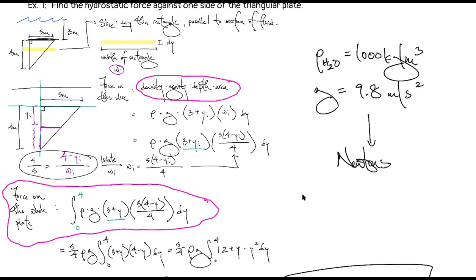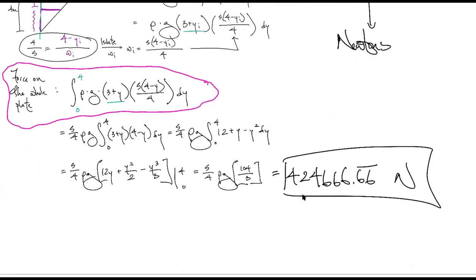Okay, so thinking about where this formula comes from, why is it structured the way it is, and how might it change given different shapes of plates that we have. In this case, we have a triangle, but we're going to take a look at some squares, some trapezoids, as well as circular shapes, okay? We took the idea of finding the force of a single slice and extended it to the force of a whole plate with the integral, okay?